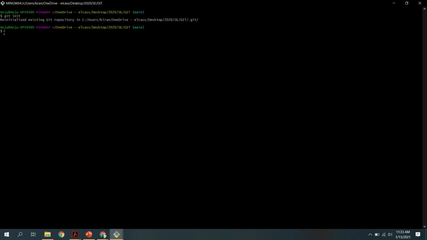You have to write cd, that is change directory, and follow the absolute path starting from the C drive or D drive, wherever. When you type the cd command with the full path, it will automatically go to that particular folder.